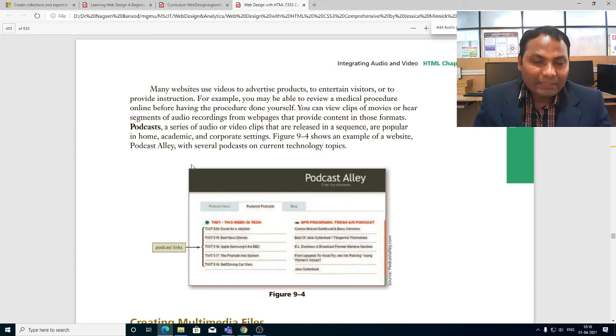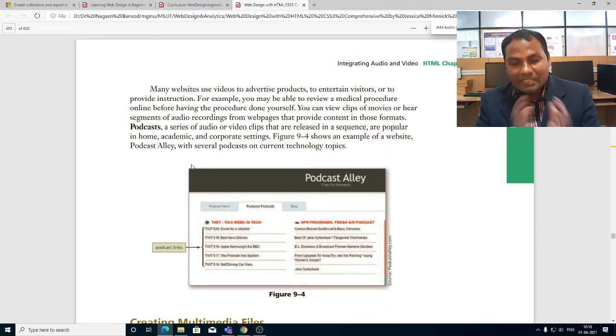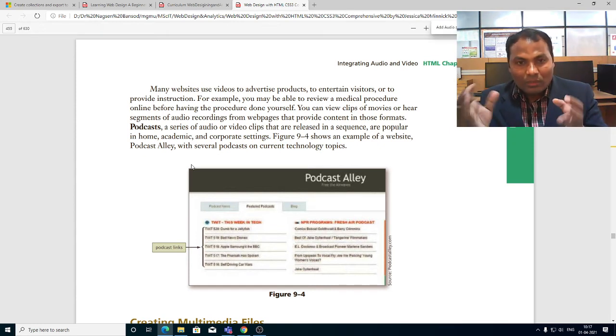Video can also be used to provide instructions. For example, you may be able to review a medical procedure online before having it done yourself. Video can be used in medical applications as well. Before performing any surgery, we can show the video to the patients, showing this type of disease we have cured.